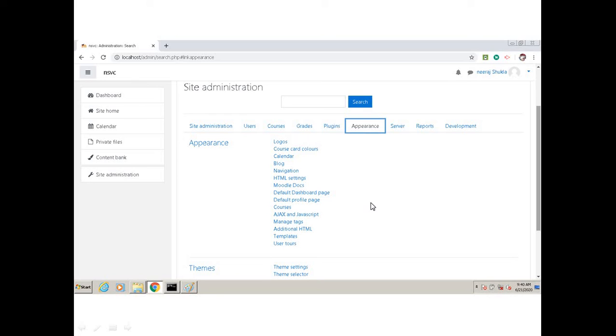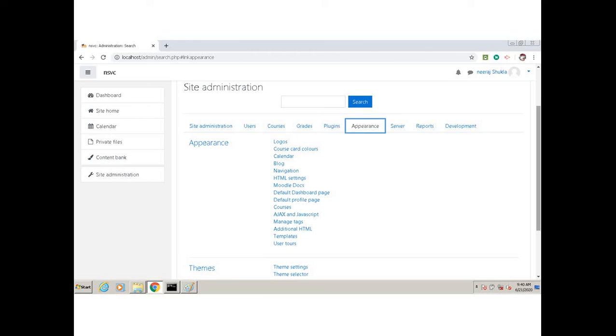Okay. Then we come to appearance. Now in appearance, logo, if you want to have your institute logo, that you can upload. Course card colors you can design. Calendar you can beautify. You can have blog sections.